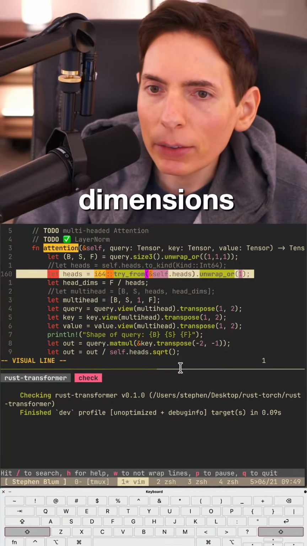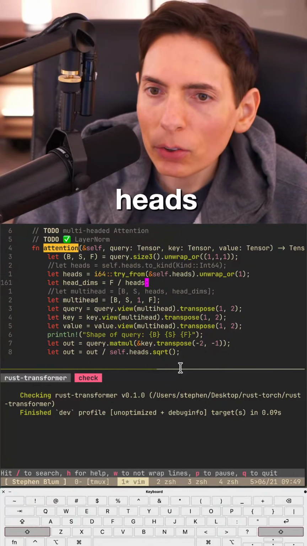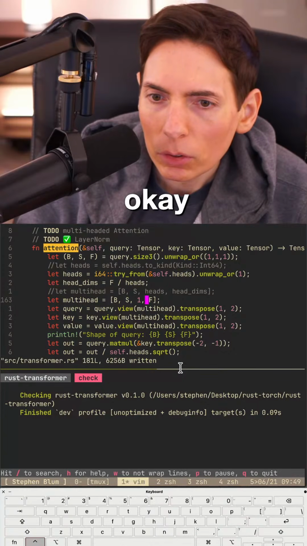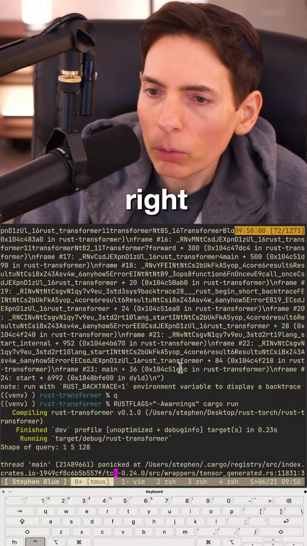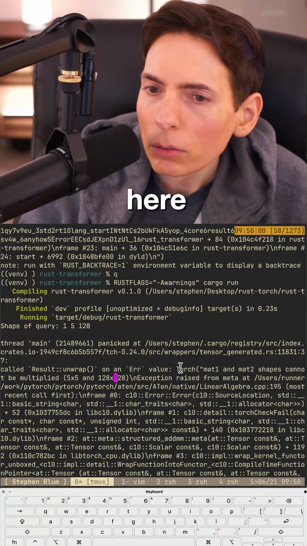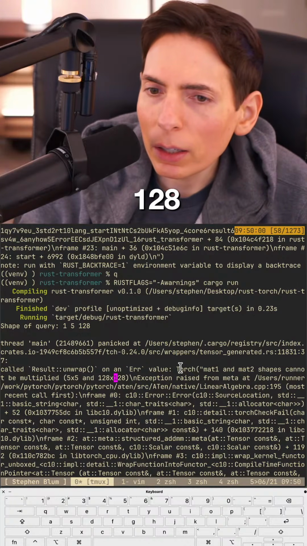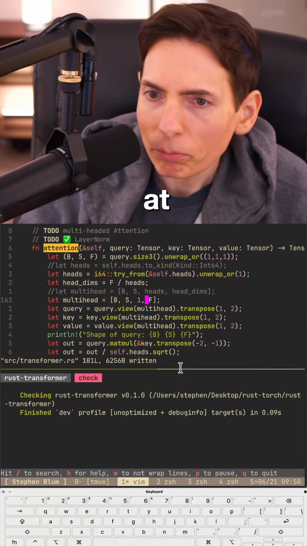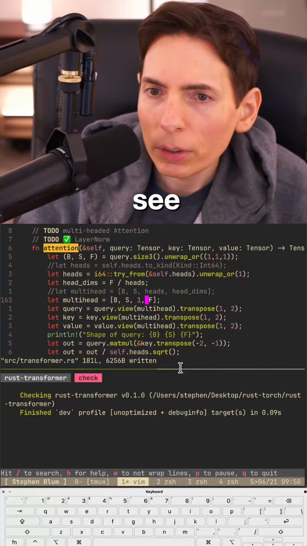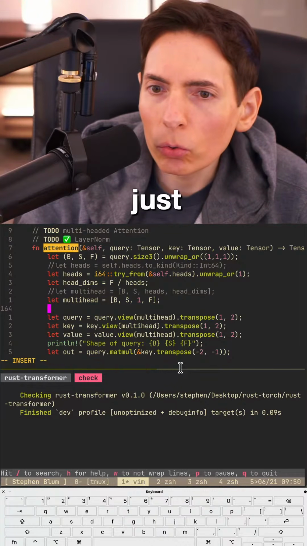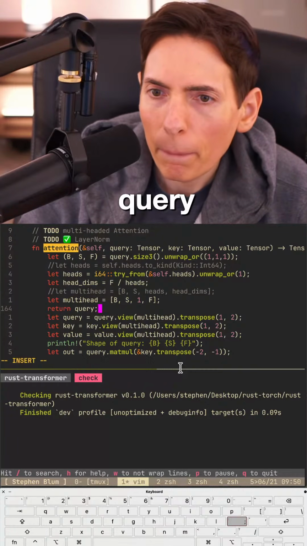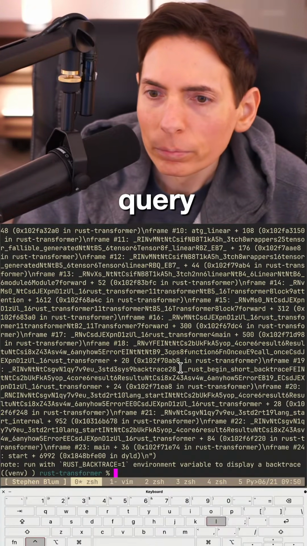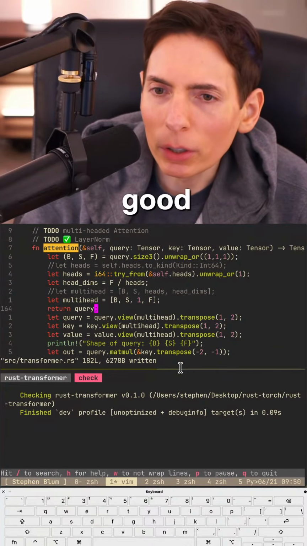Head dimensions, heads. Number of heads, dimensions. Okay. Let's try that real quick. All right, what do we got here? 5 and 128. Let's just do return query. Okay, good. It likes that.